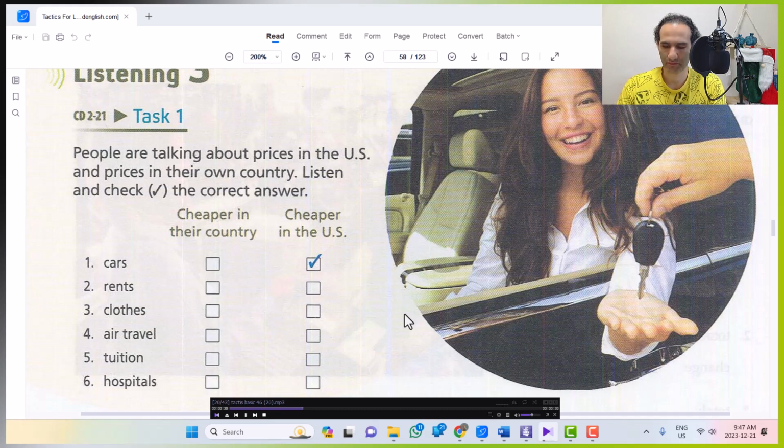2. At home, it only costs about $300 a month to rent a nice apartment. That's what I used to pay for a 4-room apartment in a good neighborhood. Here in the US, I pay more than twice that for a much smaller apartment. And it's not in a very nice neighborhood.